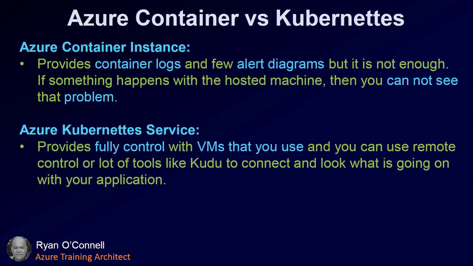An Azure Container Instance provides container logs with a few alerts and diagrams, but it's not enough. If something happens on your hosted machine, then you cannot see the problem. Azure Kubernetes Service is a fully controlled VM that you use, and you can use remote control or a lot of tools like Kudu to connect and see what's going on with your application